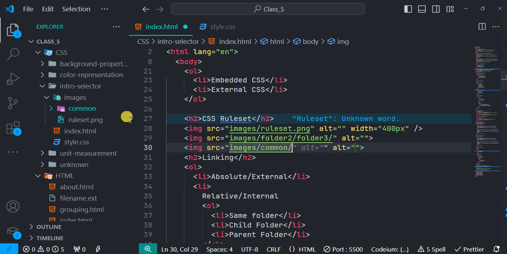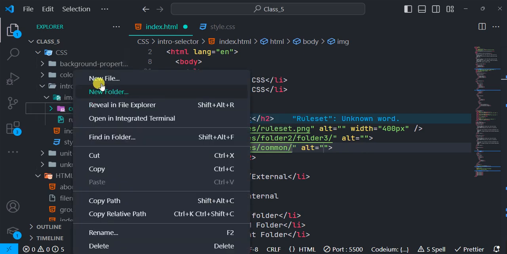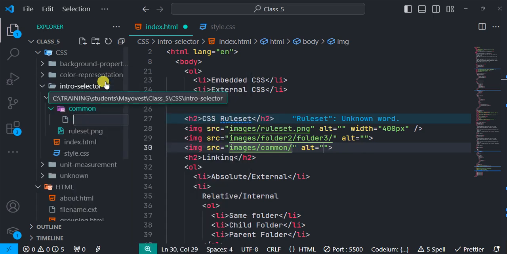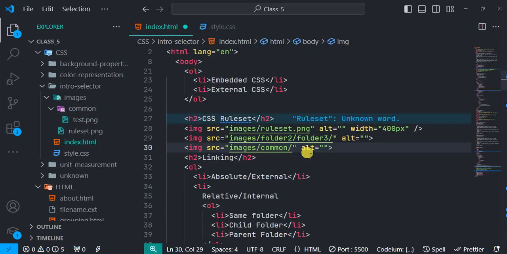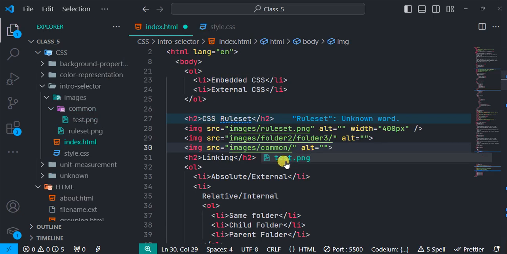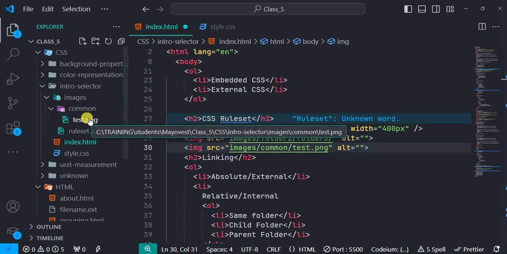It's not showing anything right now because I did not have any file inside it. But assuming I have a file inside it, for example here, I just have a test.png, even though this is not a valid image because I just created it, so it will not show. But now I have access to it. But before you can get to this test.png, you have to pass through the image, follow the common, then you now have access to